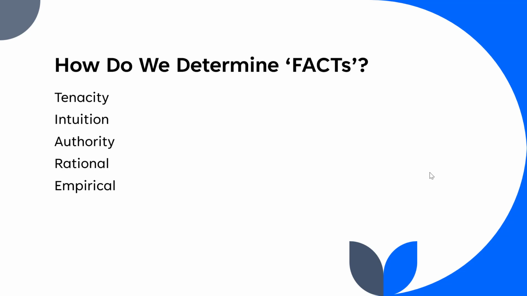The next strategy I want to discuss is intuition. Intuition is when information is accepted as true because it feels right. The strategy of intuition says that because it feels right, it is right, or it's true and accurate. People often refer to this as a gut feeling, and they may use this approach to resolve moral dilemmas or decide on what is ethical or right in certain situations.